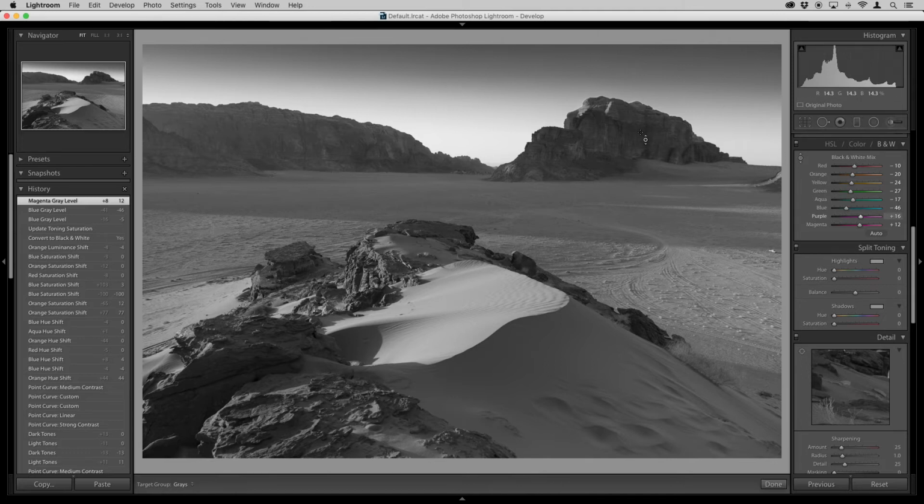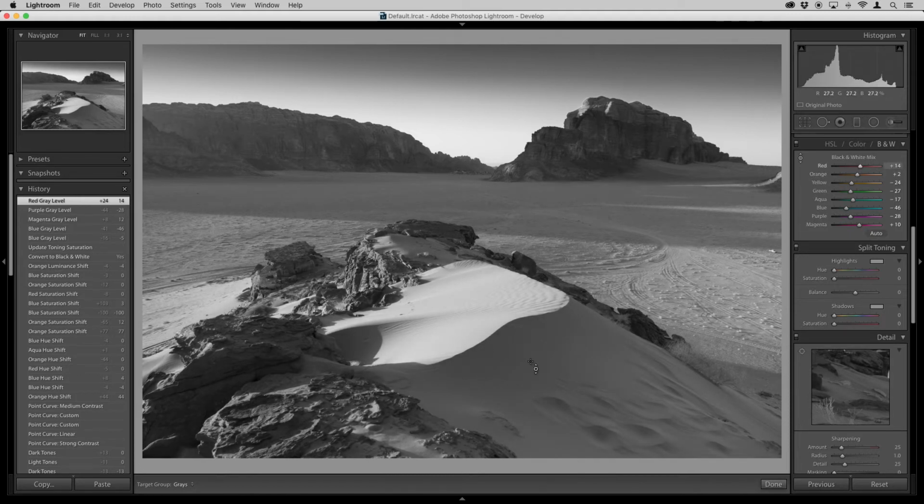So what I want to do is go in here and make the mountains a little bit darker, and that's going to mainly change the purple but the magenta a little bit as well. Let's make this background sand a little lighter maybe, and let's make this foreground sand just a little darker. And you can see I'm adding overall contrast to the image, and that looks a lot better than my original